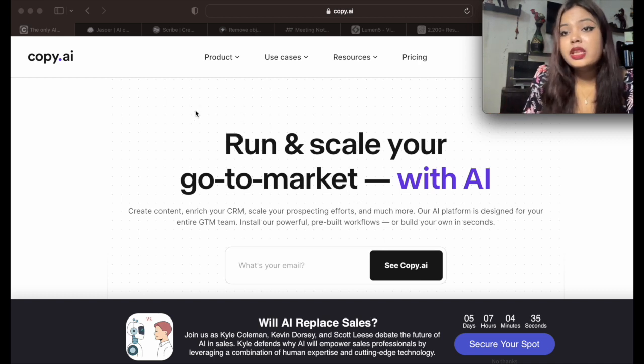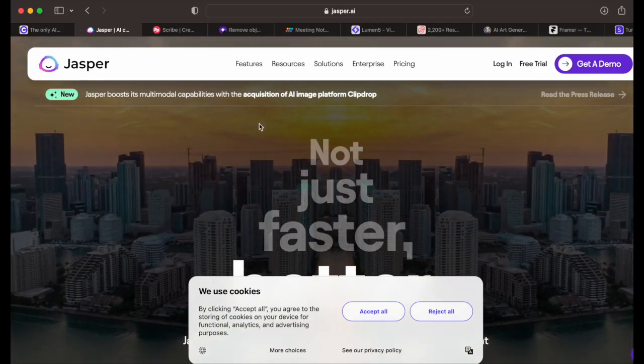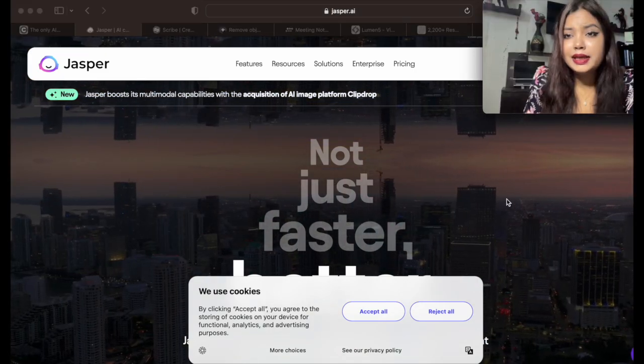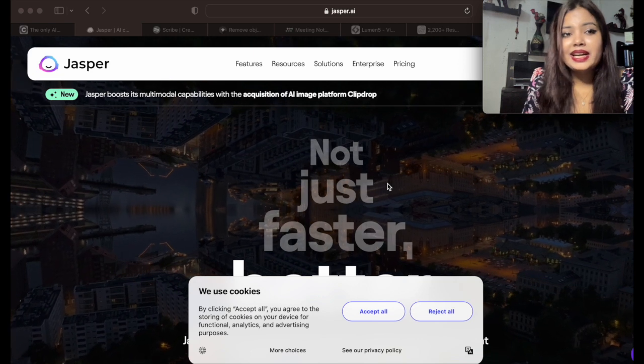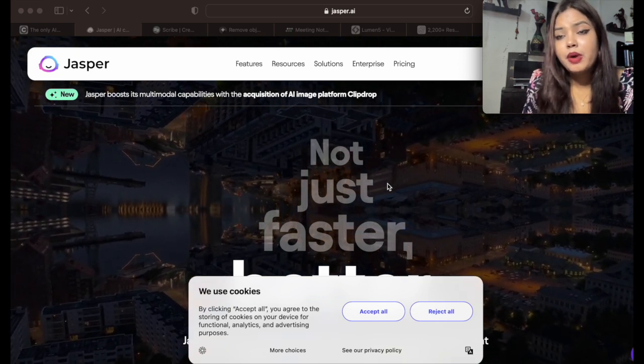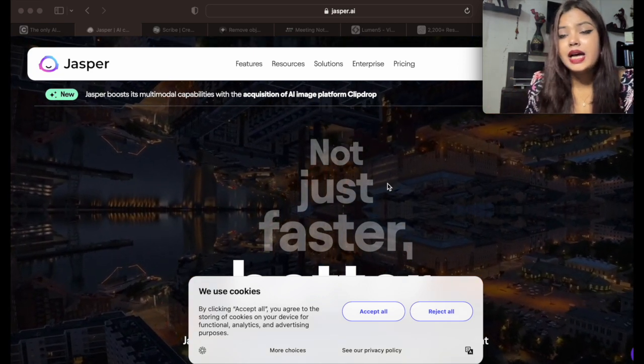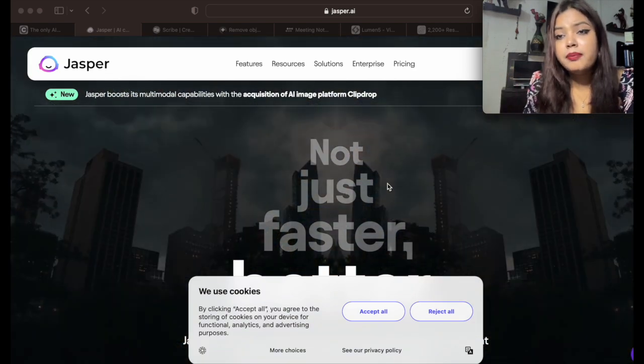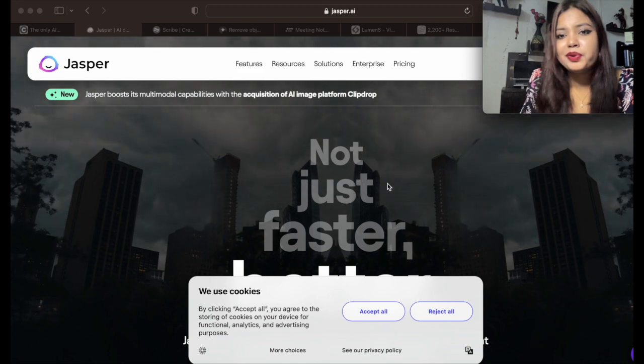So now let's move on to another tool, that is the Jasper AI. So that is also for the content creation. So आप content writing and all, तो आप जो भी prompt दोगे, based upon that this tool will write the content for you. I'll scroll a bit so that you can get some idea about this tool.